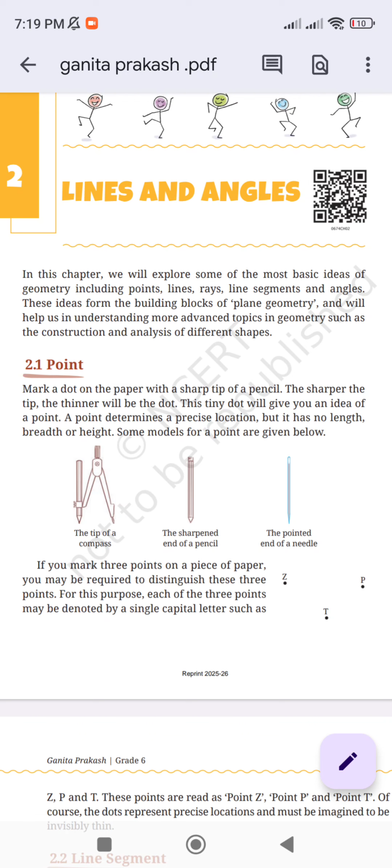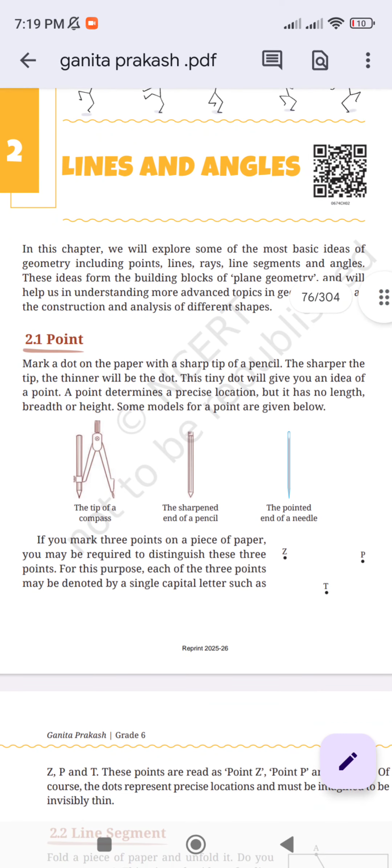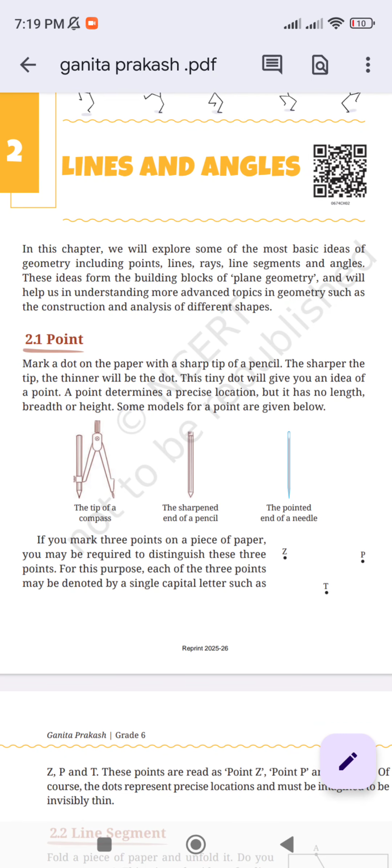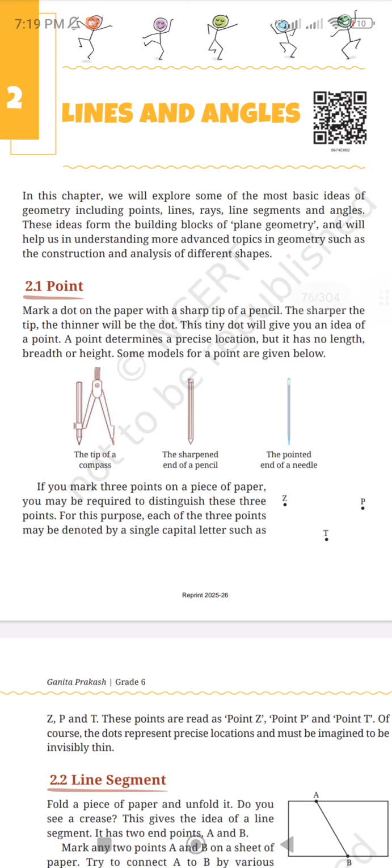Point. Mark a dot on the paper with the sharp tip of a pencil. The sharper the tip, the thinner the dot will be. This tiny dot will give you an idea of a point. Okay, class? A point determines a precise location, which has no length, no breadth, no height. Some models for a point are given below. The tip of a compass, the sharpened end of a pencil, the pointed end of a needle,